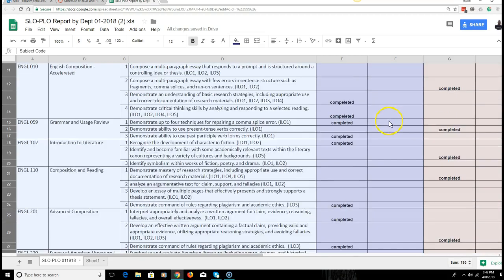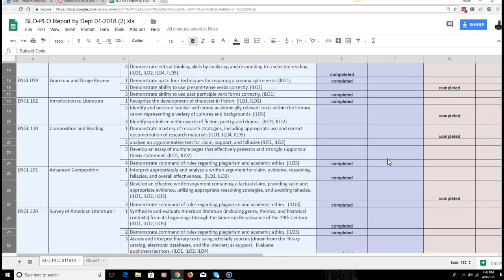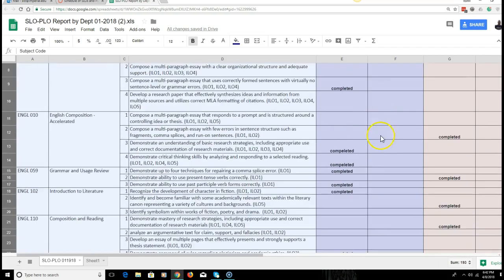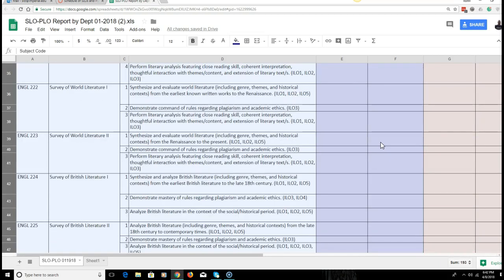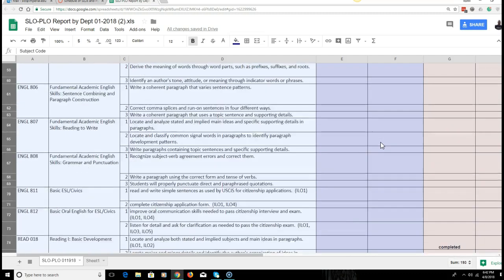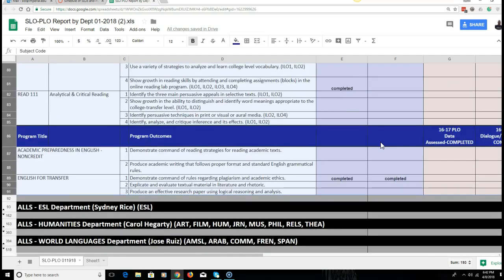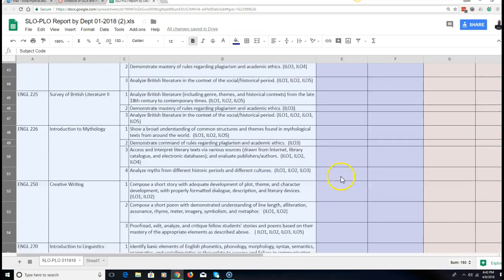So once they're finished, I come through here and I write complete. So although the English department collected the data here, we haven't done any of the dialogue yet. And that's what the accreditation committee is going to be looking for. So if you come down here, it's the same for the PLOs. We did do 2 PLOs. So back up here,